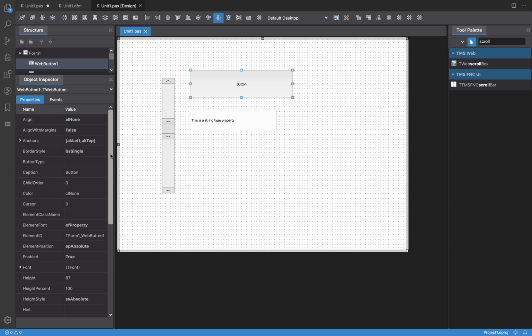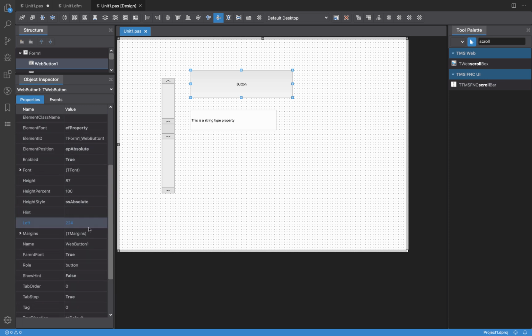Other types of properties are like integer, for example, the left here. It works in the same way. If we set the caret on the last number, it will increase 1 by 1, but if we set it to the second one, it will be 10 by 10, and so on. It's a nice and easy way to modify